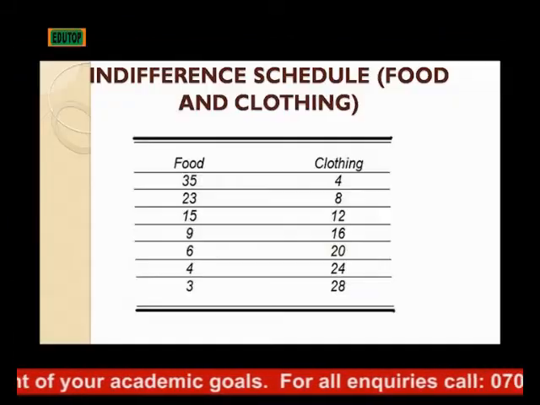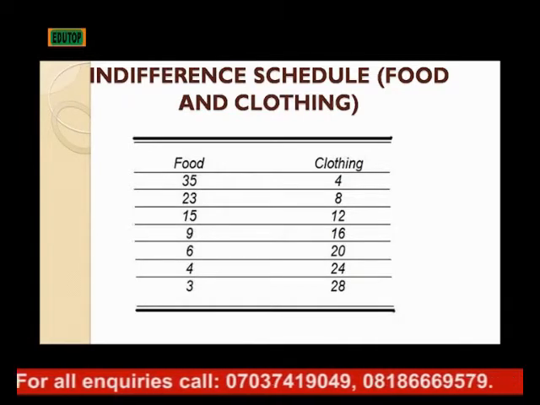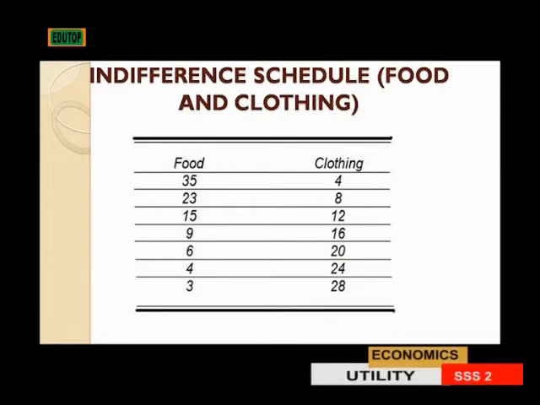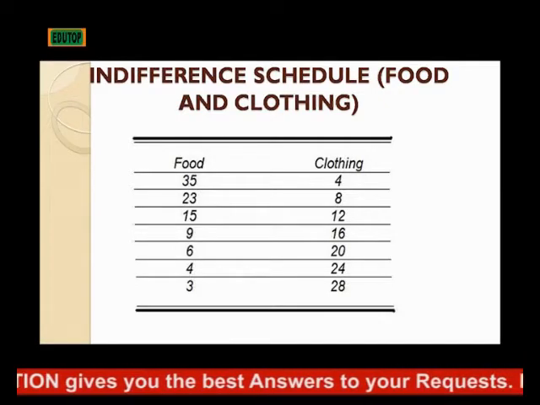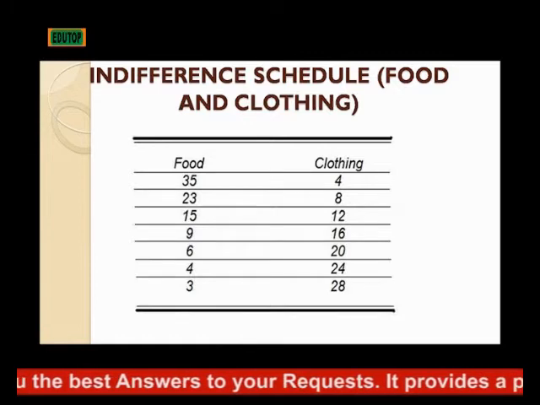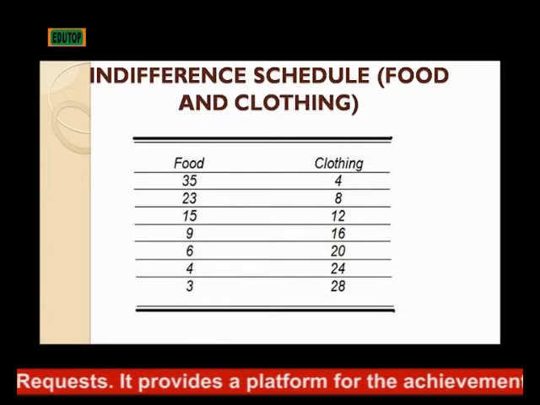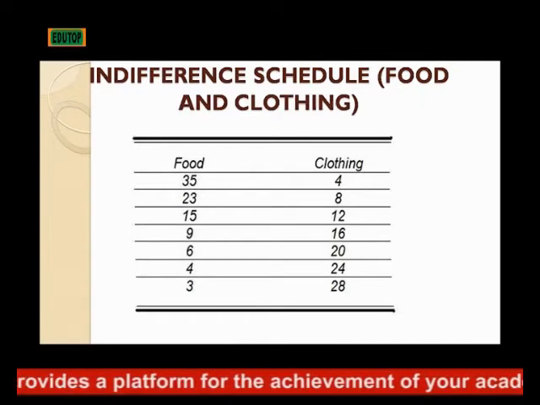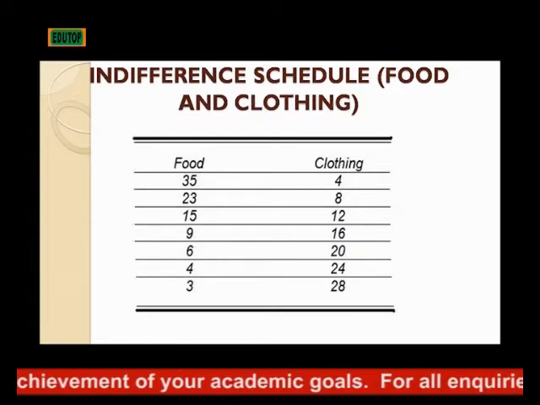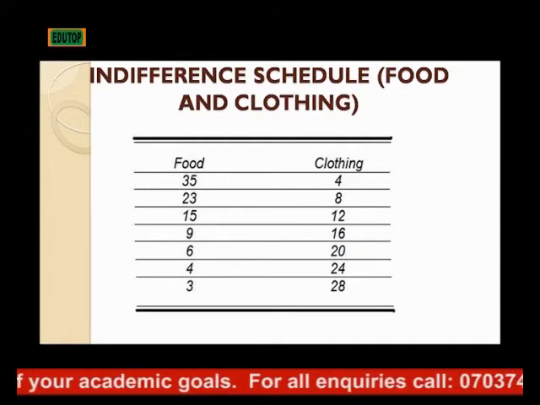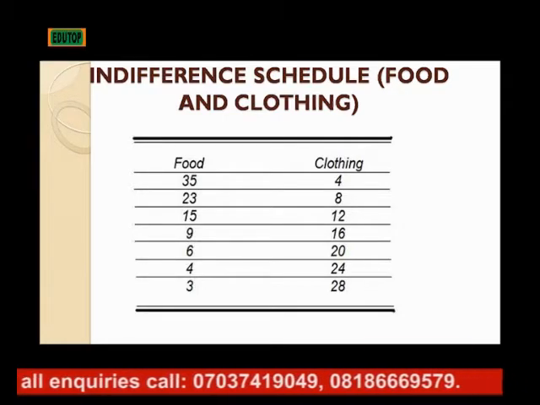We can see from the table below that we have the indifference schedule for food and clothing. The first column is for food, and the second column is for clothing. From this example, we can say when the consumer spends 35 naira for food, he can spend 4 naira for clothing. And when the consumer needs to increase the amount to spend on clothing, the consumer will have to reduce the amount to spend on food. It will continue like that, that as the amount of clothing keeps increasing, that of the food will keep